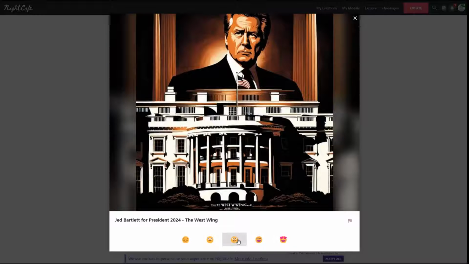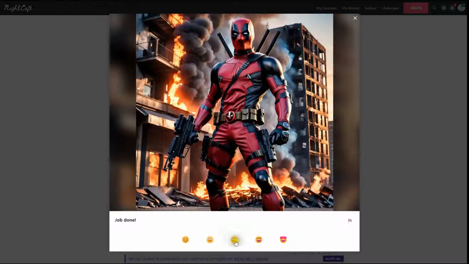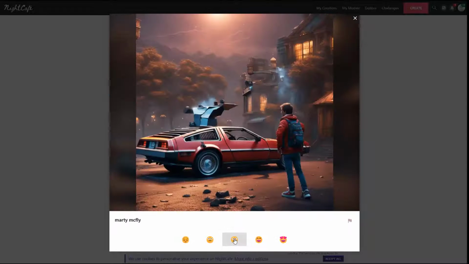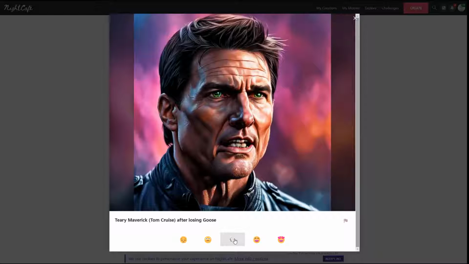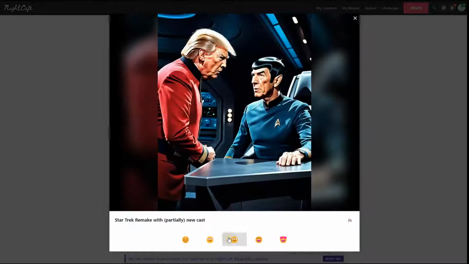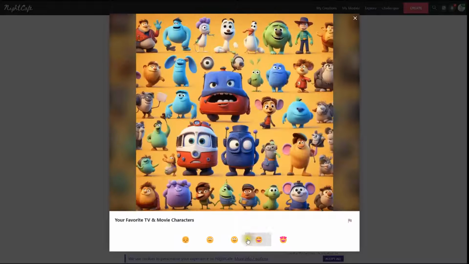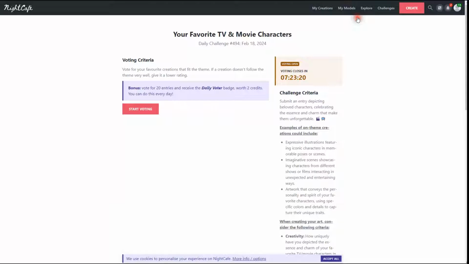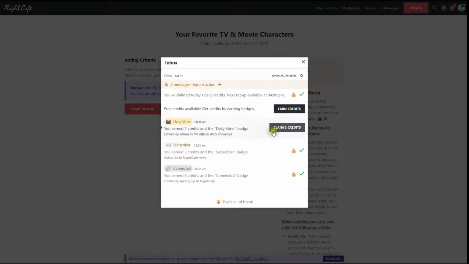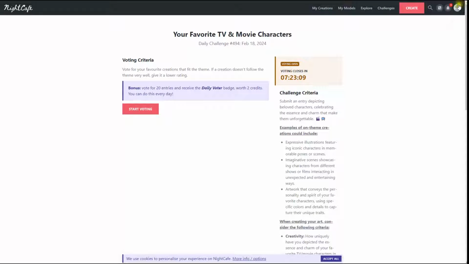Now you'll notice in the corner that you have notifications, and as soon as you vote for 20 or so of these works of art, you'll get a new notification. Let's click on that now and see what we have there. So there it is. It says you've earned 2 more credits simply by voting or participating in the challenge. Alright, so now I'm up to 11 credits.